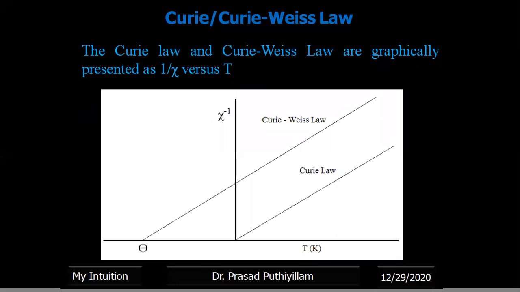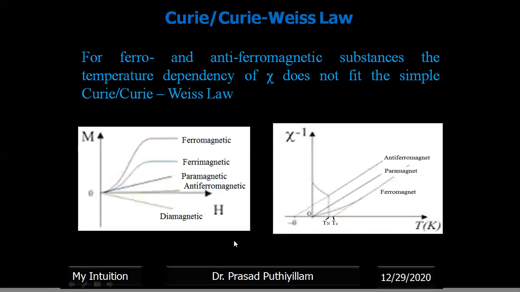The Curie law and Curie-Weiss law are graphically presented here with 1 upon chi versus T. The Curie-Weiss law shows a straight line passing through the y-axis and touching the x-axis at a point theta, whereas the Curie law passes through the origin. For ferro as well as antiferromagnetic substances, the temperature dependency of magnetic susceptibility does not fit even the Curie-Weiss